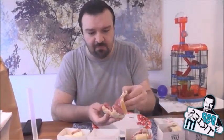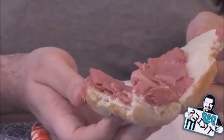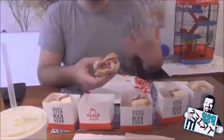It's pretty good. Corned beef is typically fatty. This is fatty, as you can see. It even has fat running through it. That should be expected. It's very salty, but again, that's what you expect with corned beef. It's pretty good. So, from the four that I've tried, I'm obviously not going to try the roast beef because